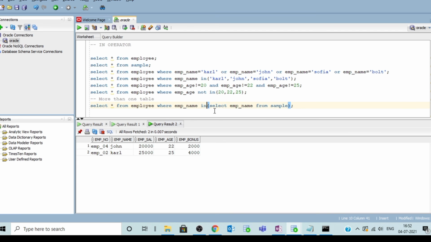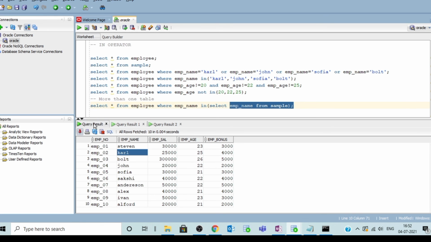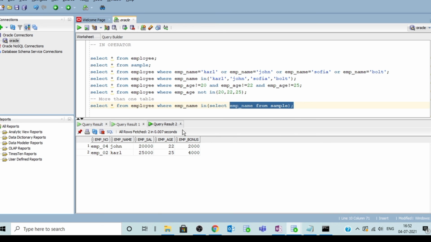The IN operator compares each value with each and every value inside the subquery which we are retrieving. We have 5 names inside the sample, so IN compares each name with each and every name in the sample. That is the use of the IN operator.